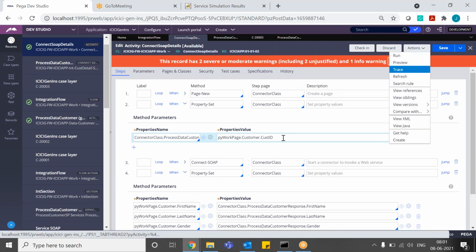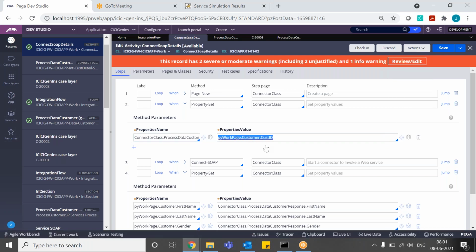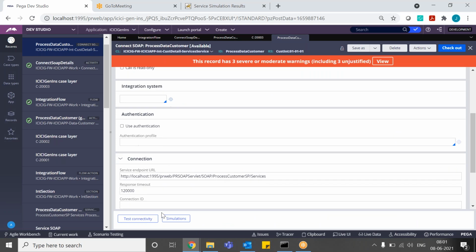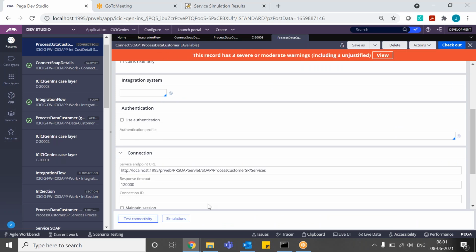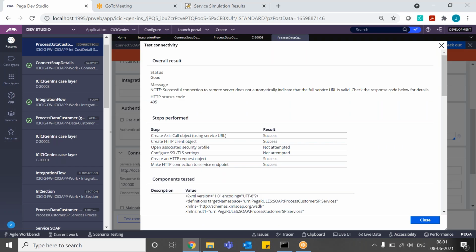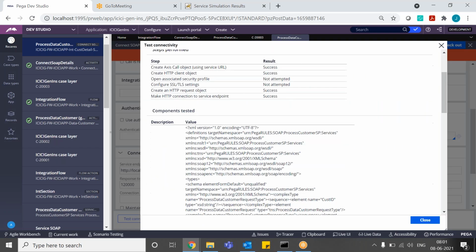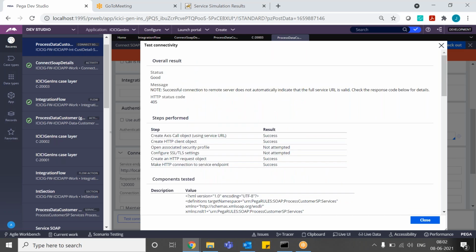But here we have to pass that 11, no, sir? Here I am hard coding. One second. Now go to connect soap and there select the test connectivity, whether it is connecting or not. First we will see. Okay, this is only.